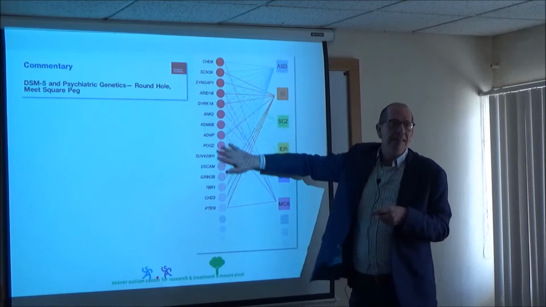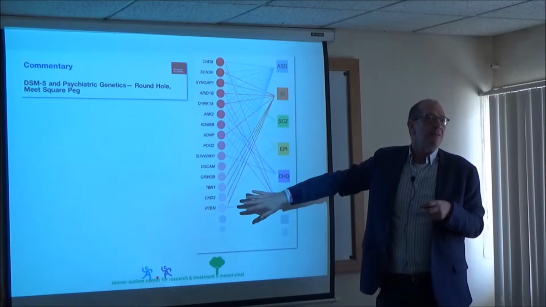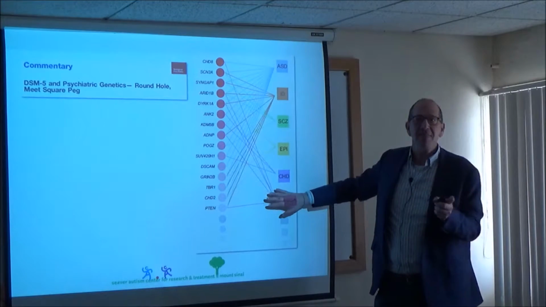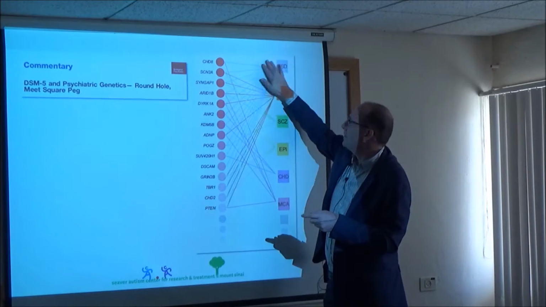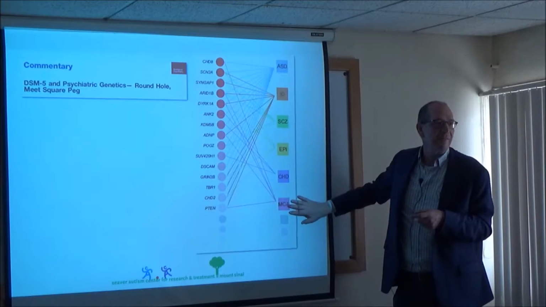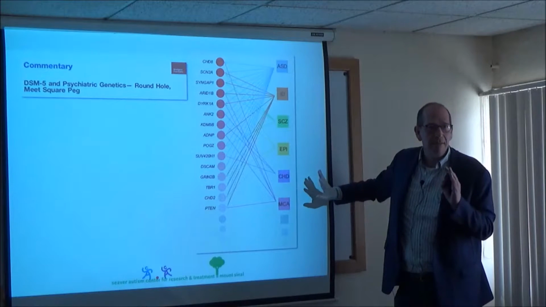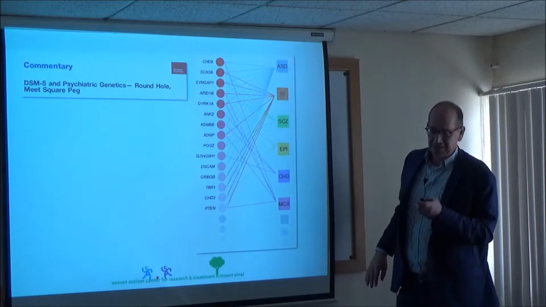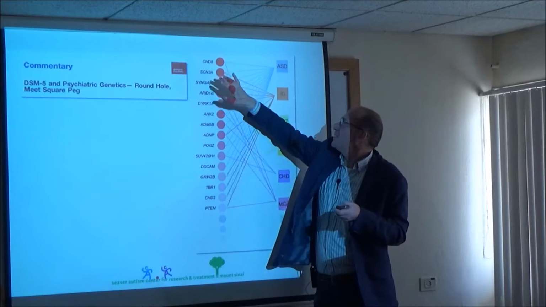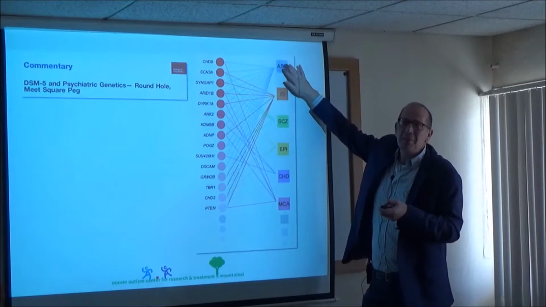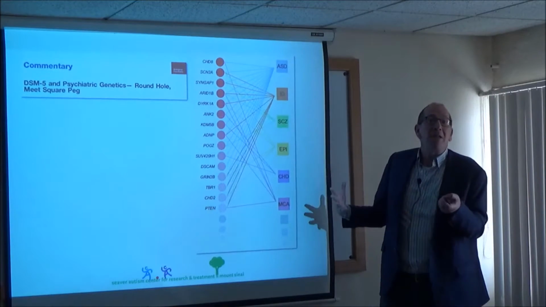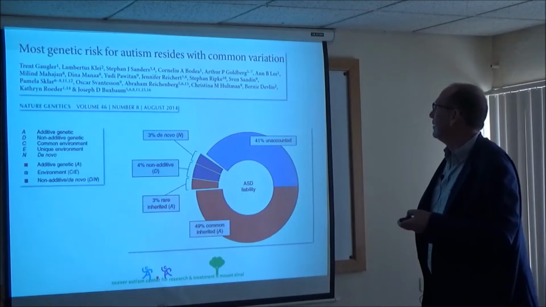But it's really important to know that there's no one-to-one correspondence between DSM-5 and any gene. It's a many-to-many relationship. For every disorder, there are many genes, and for every gene, there are many associated clinical findings. Okay, so it's just important to pay attention. The good news is, if you find a treatment for CHD8, maybe the people with that mutation, whether they have autism or multiple congenital anomalies, you can help all of them. Maybe that's a way to look at it.